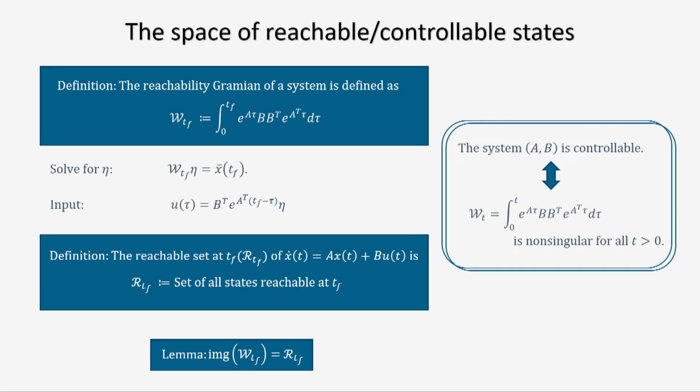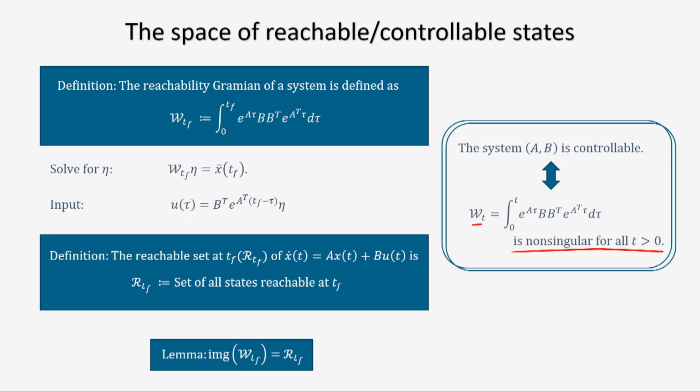So, this is what is being said here. This is the way we tell that a system is controllable. We say AB controllable. A system being AB controllable means a system is controllable basically. This is just a way of telling. A system is controllable if and only if the controllability Gramian is non-singular for all t greater than 0.